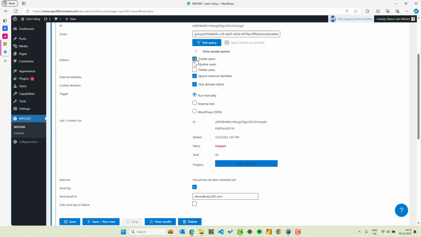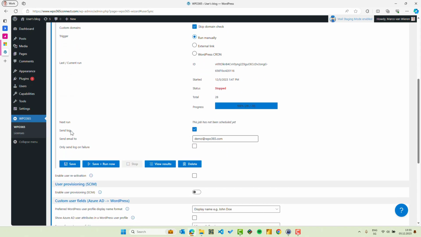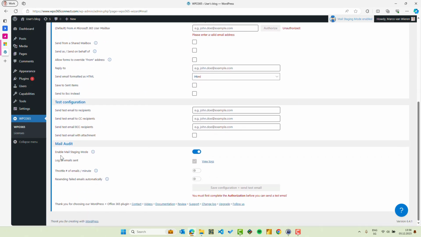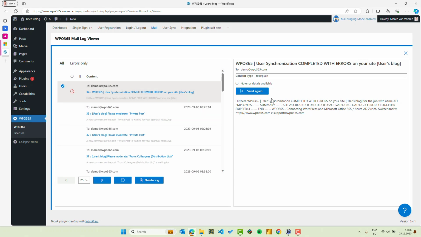Let's click to create, update and delete users one more time. I've checked the option to send me a log file, and I click to save and run user synchronization manually. Now it has stopped, it's finished, and I can have a quick look. I'm using the mail staging feature of WPO 365 here, so no mail is actually being sent, but mails sent are logged. So I view the logs, and here I can see that yes, user synchronization is completed,